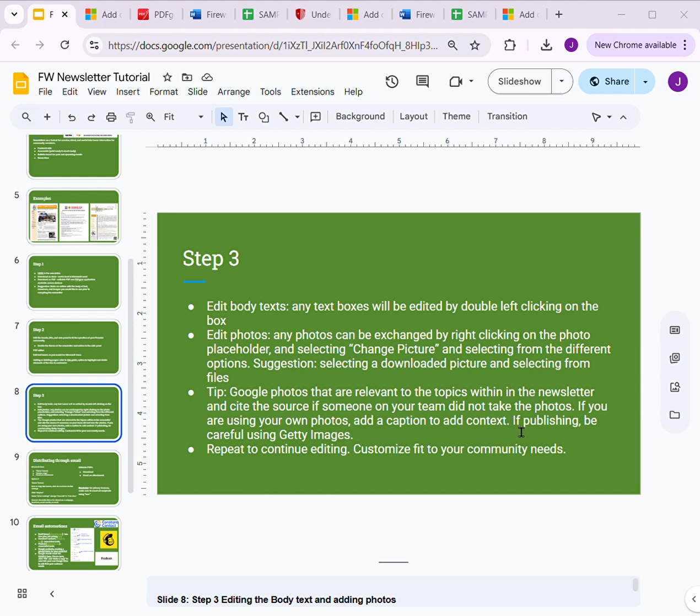I added some suggestions in each portion if you want to follow those guidelines. This would be the main article. This background you can customize as well by changing the color. It is just a shape, so if you want to add another shape, you can go here to Insert, Shape, and then select a square or rectangle, and change the background to break up the text with images and boxes. This could be of past events